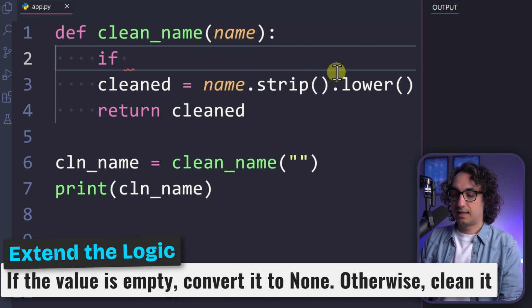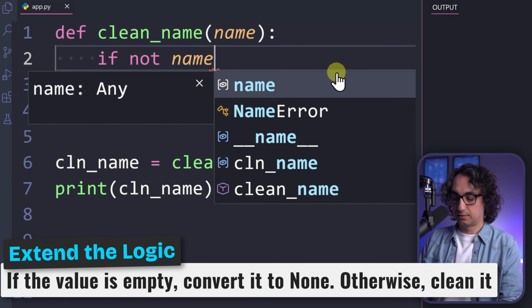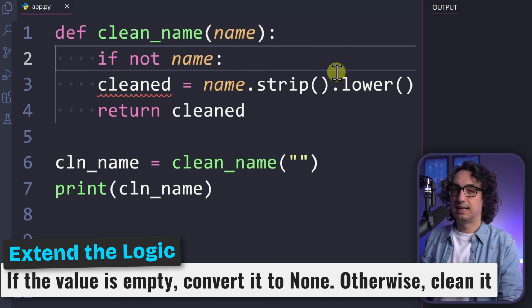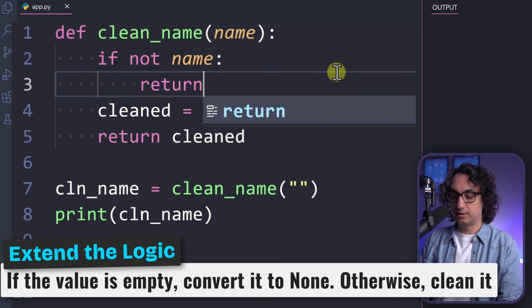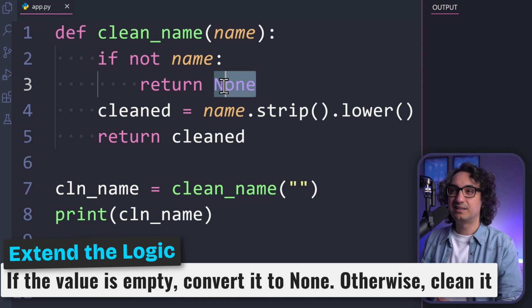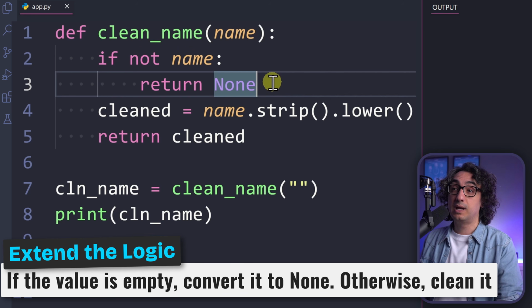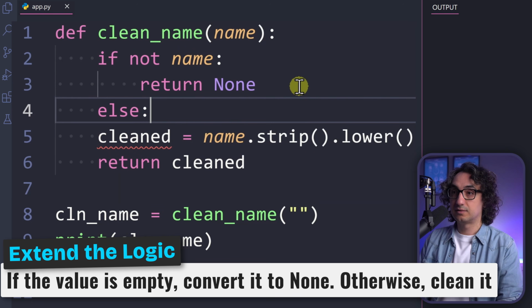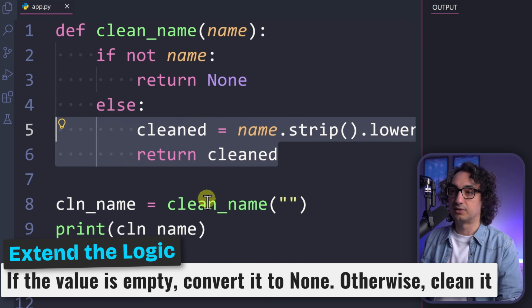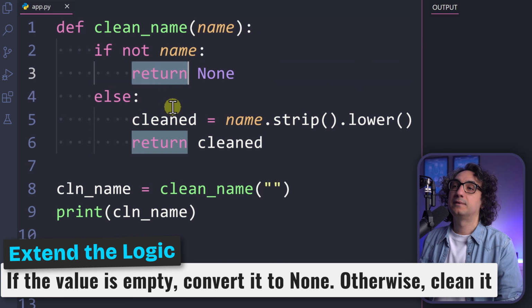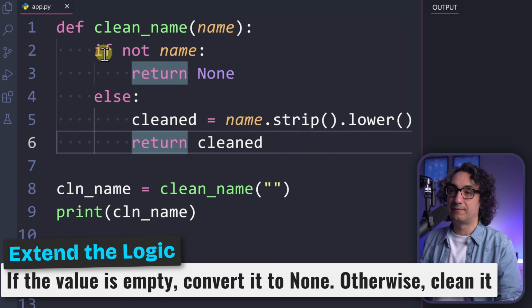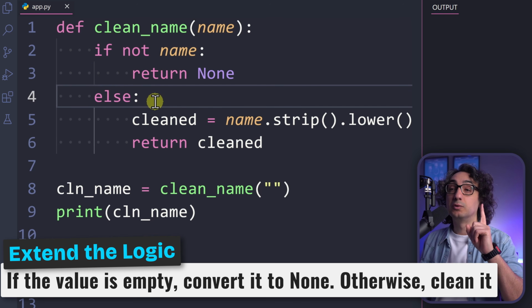So we're going to say if, and then say not name. So if there is something wrong with the name, it's not a real value. Like here, what's going to happen? Don't do anything, just return a None. So that means I'm not returning the empty string, I'm just returning None. Otherwise, if we have a real value, then actually do the whole steps. So I'm going to go over here and say else, and of course we're going to put the whole logic inside it. So make sure you are working correctly with the indentations, and with that, look at this, we have twice the return. But since we have an if else, Python can execute only one of them.